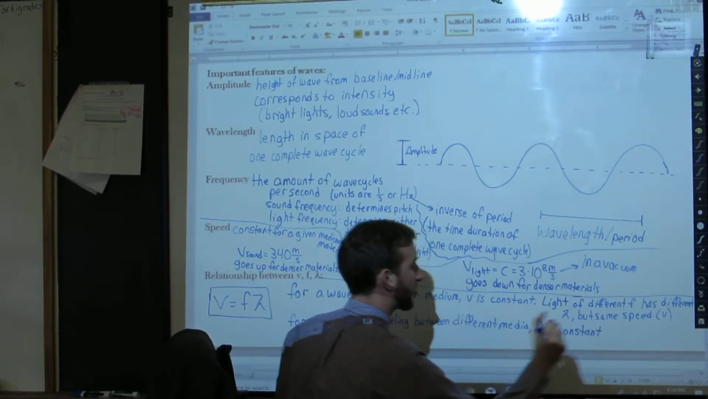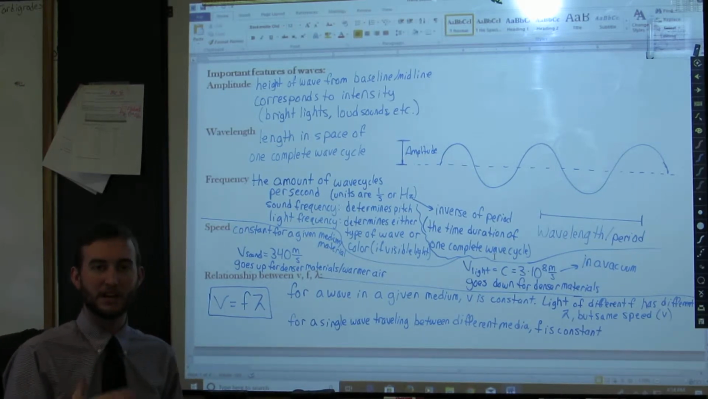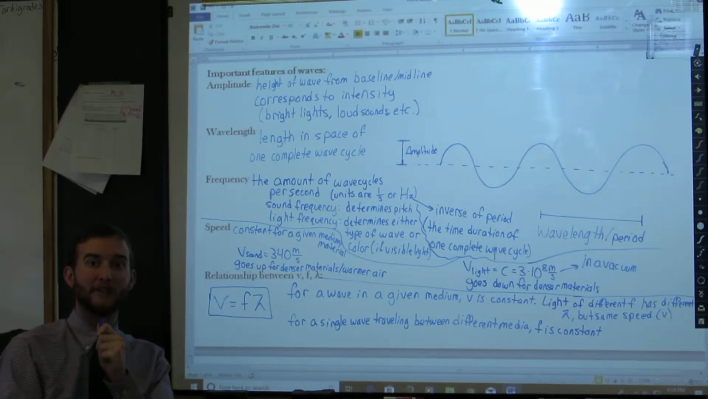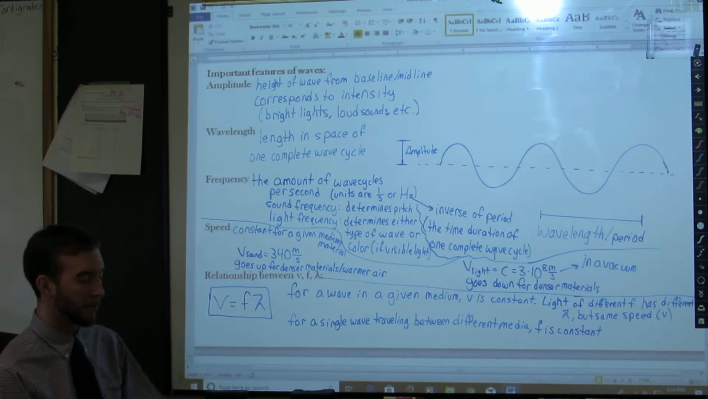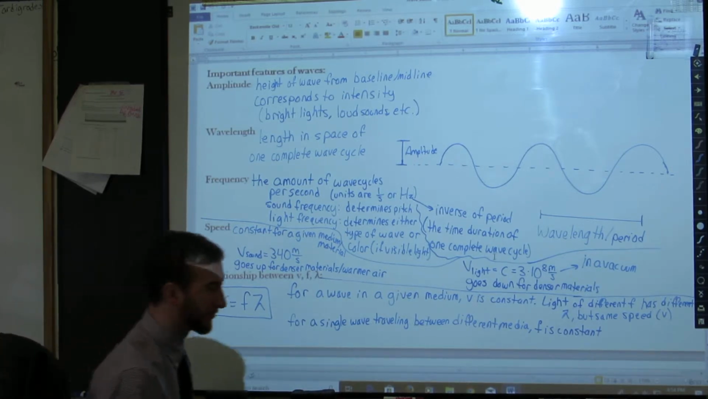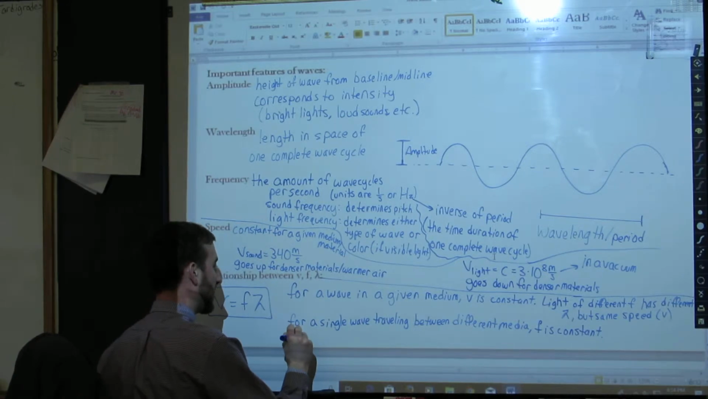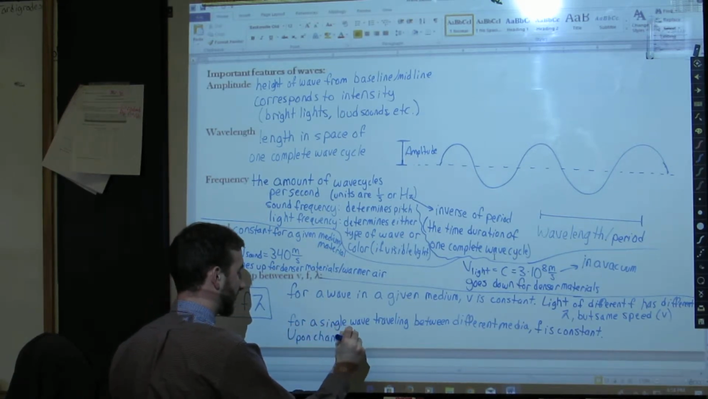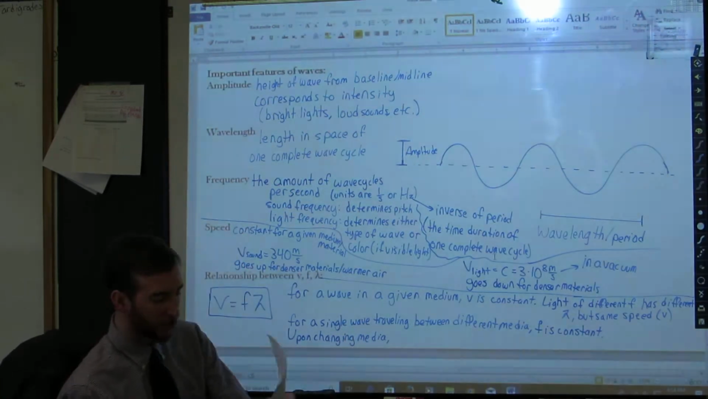So you have to keep this straight in your head. If we have a given medium, a medium that is constant, the speed does not change. However, if we have one beam of light going between different media, the speed can change, but the frequency remains constant. Okay? Frequency is constant upon changing media, once it changes media,